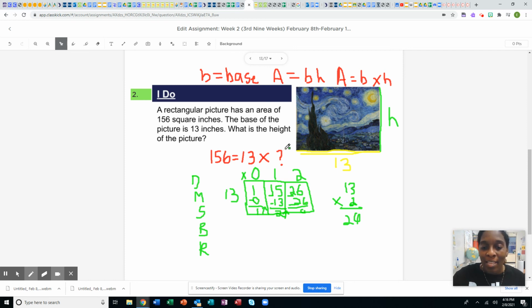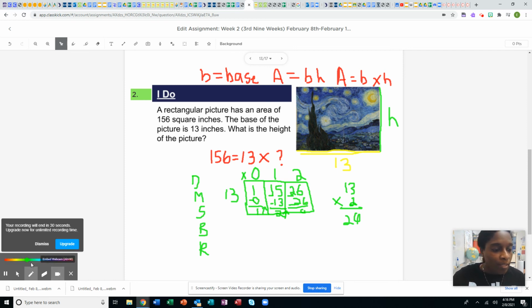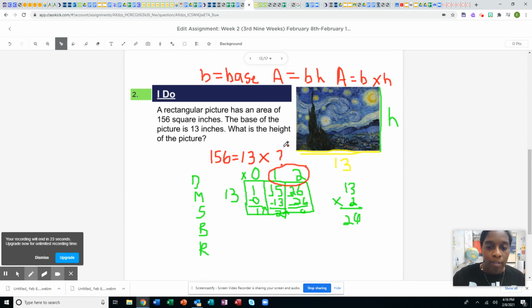So the height here is going to be this number here. I'm going to circle it red. It's going to be 12. So 13 times 12 equals 156. And I could do the inverse operation, 13 times 12, to verify to make sure this is right, and it will give me